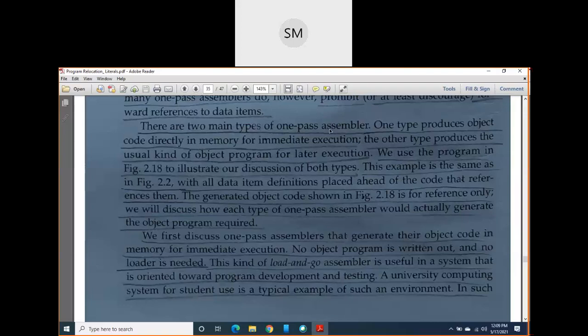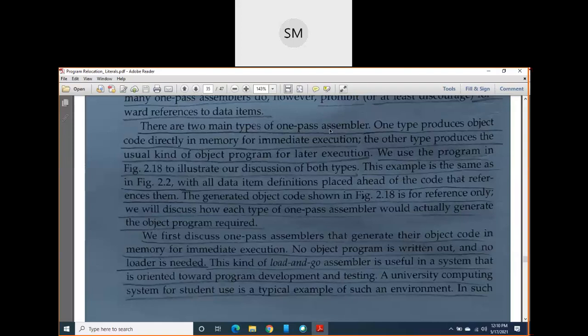Now I am going to tell you something different. Whatever I just explained is our normal procedure. This type of assembler is one separate category. It means first they store the object program in a secondary memory, then from that secondary memory they pick it and load it into the primary memory for execution.